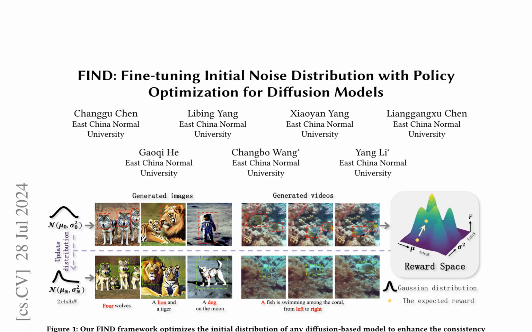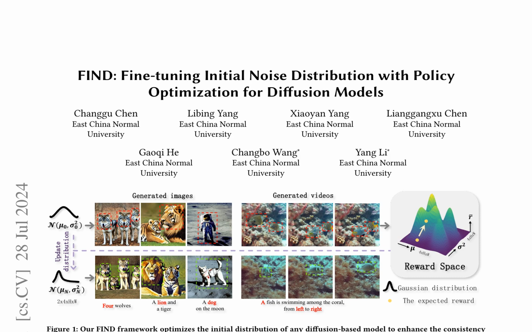Title: Fine-tuning initial noise distribution with policy optimization for diffusion models. Abstract: This paper introduces a novel framework, fine-tuning initial noise distribution, FIND, which optimizes the initial noise distribution of diffusion